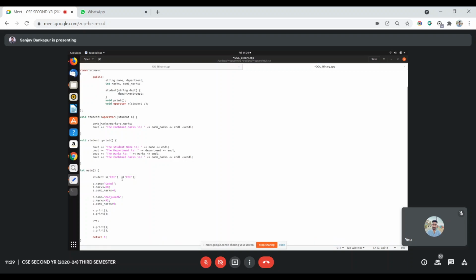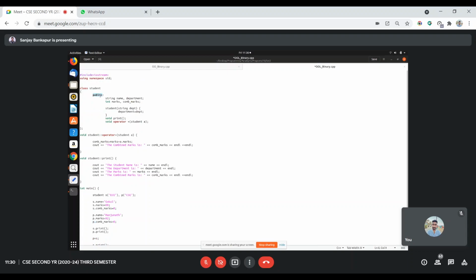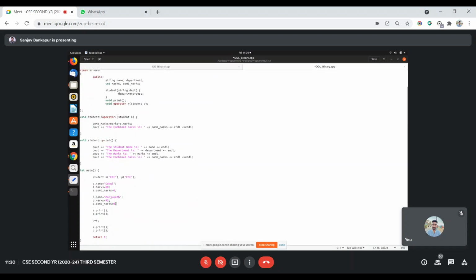So with the same example, Gokul being electronics, having marks 88 and combined marks, I'm setting it to 0 initially. I can access using a dot here because it is a public access specifier. I'm using a dot and setting all those values, and I'm trying to print.